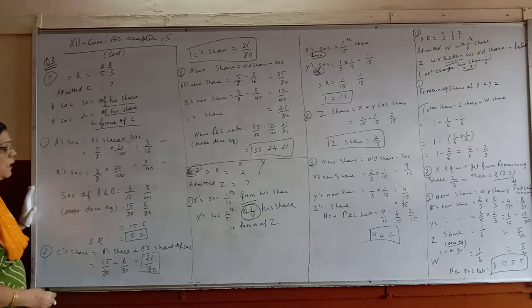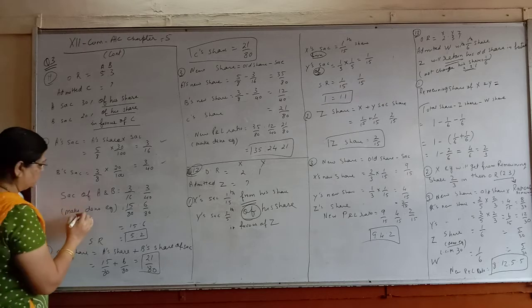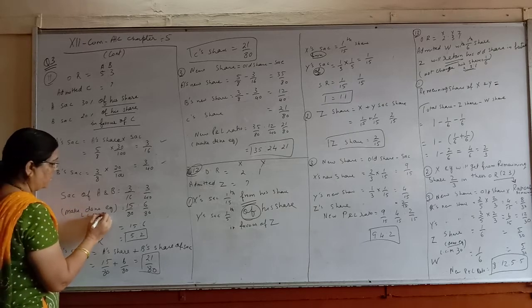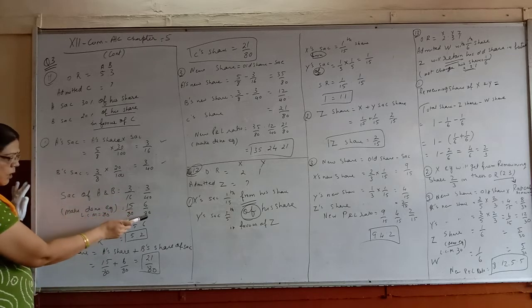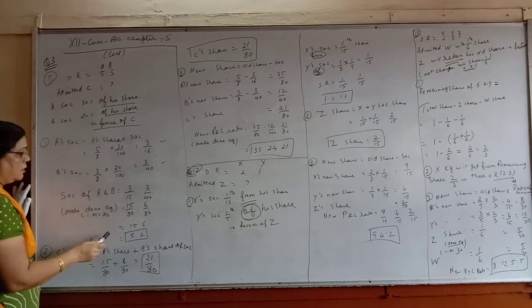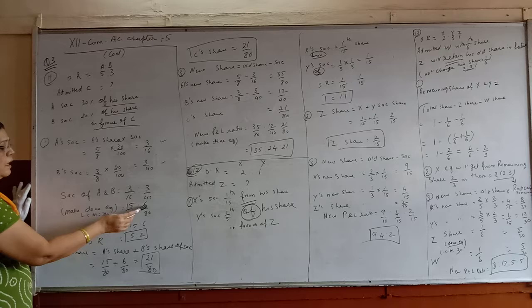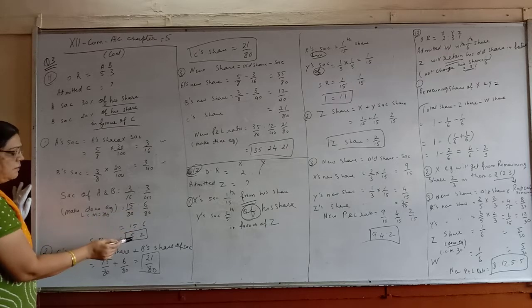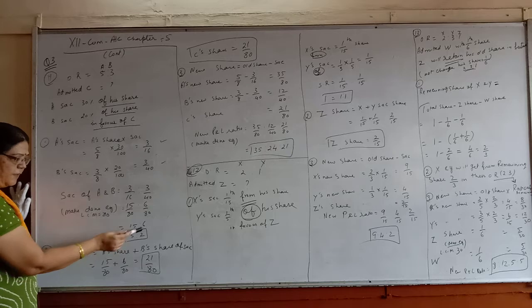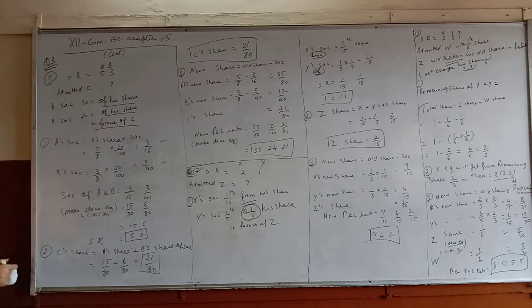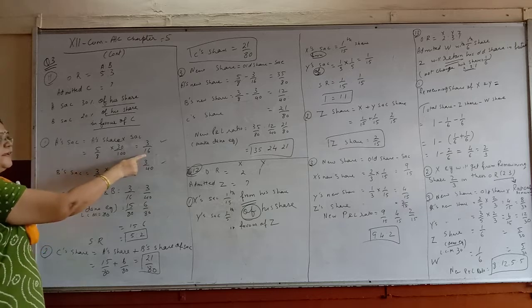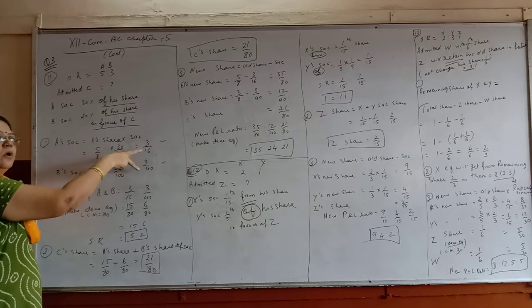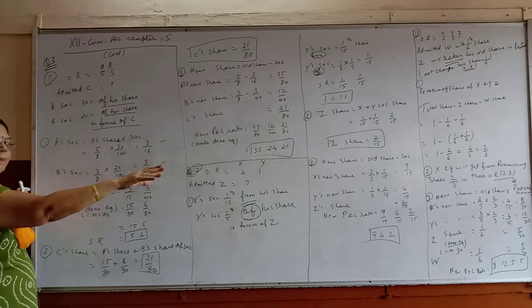Now the sacrifice of A and B is 3 upon 60 and 3 upon 40. Making the denominator equal, the LCM is 80. You will get 15 upon 80 and 6 upon 80. So your sacrifice ratio will be 15:6. If you reduce it further, 3 5s are 15, 3 2s are 6, so it becomes 5:2. So that is their sacrifice ratio. Now what is their share of sacrifice? When you add these two, who will get it? The new partner, that is C.